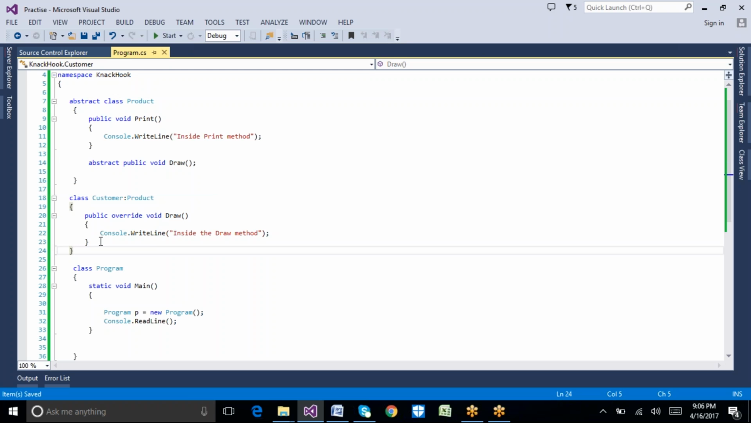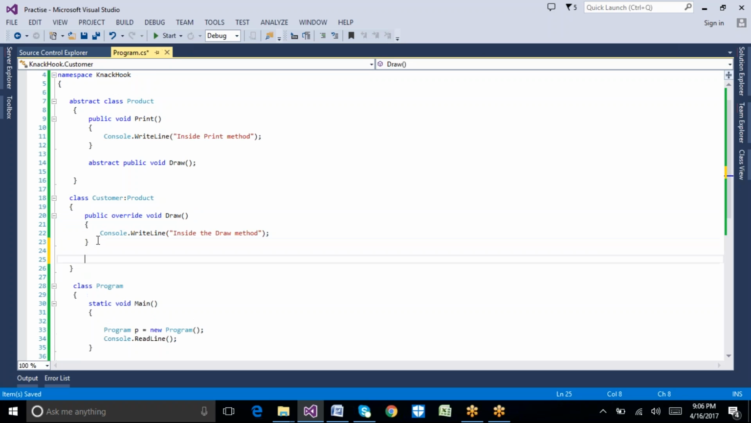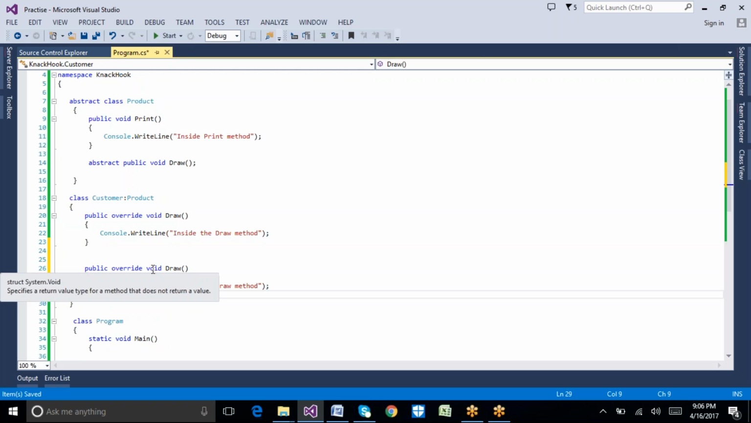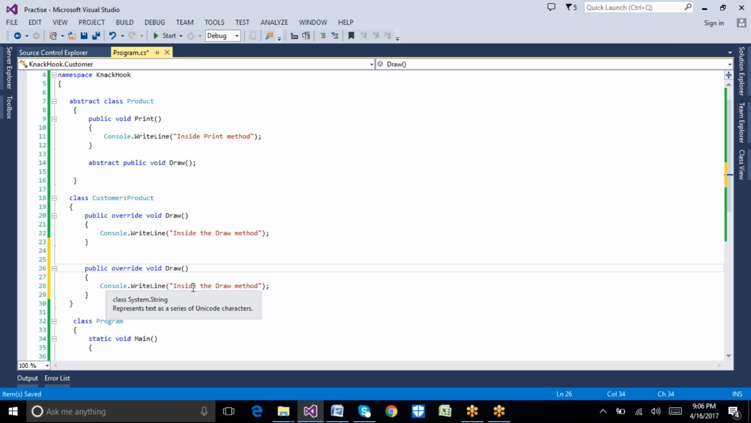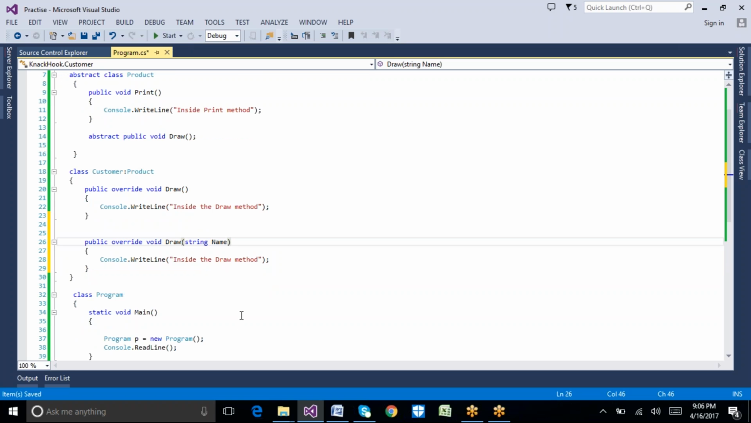So for example, if I write one method like this, override draw of rectangle string name, will it be called overriding? Same name and same